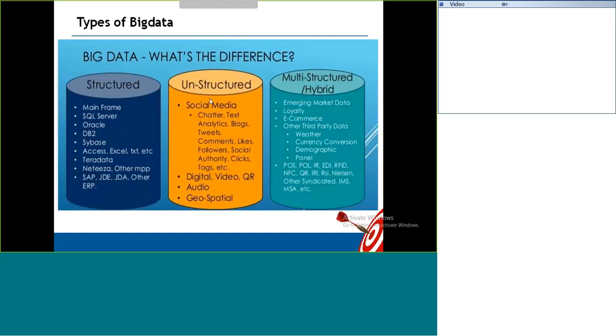Yeah, unstructured data. So social media data, your social networking data, and then the data generated from blogs, your system audit logs, digital data, audios, videos, pictures, geospatial data, the data generated by the flights, the data generated by the signaling systems, and then traffic signaling data. All this data is considered unstructured data, which is taking 80% of the data, 80%.